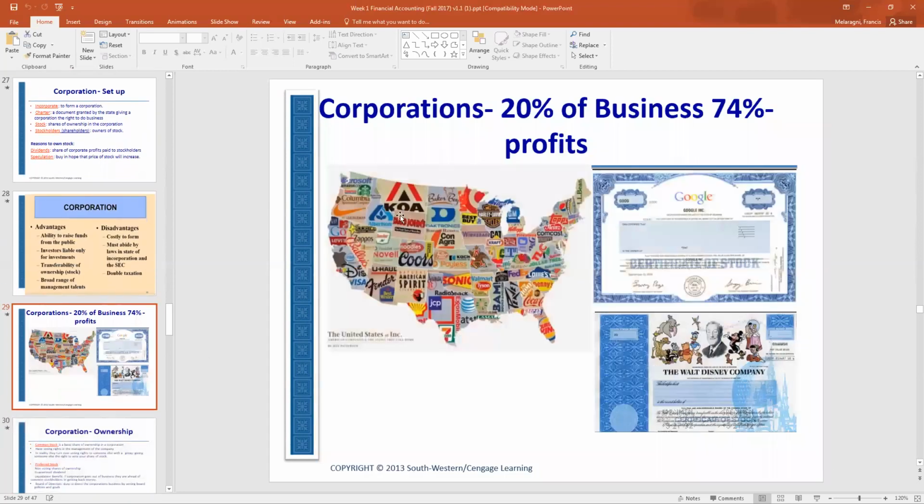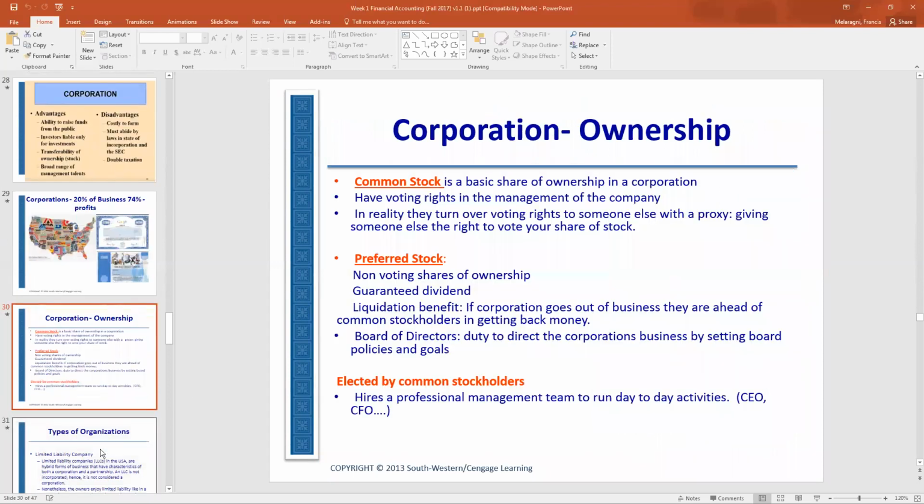So 20% of businesses, but 74% of profits in the United States are incorporated. So almost every major company, and honestly, I can't think of a major company that's not a corporation. So one of the things that has come up recently is,